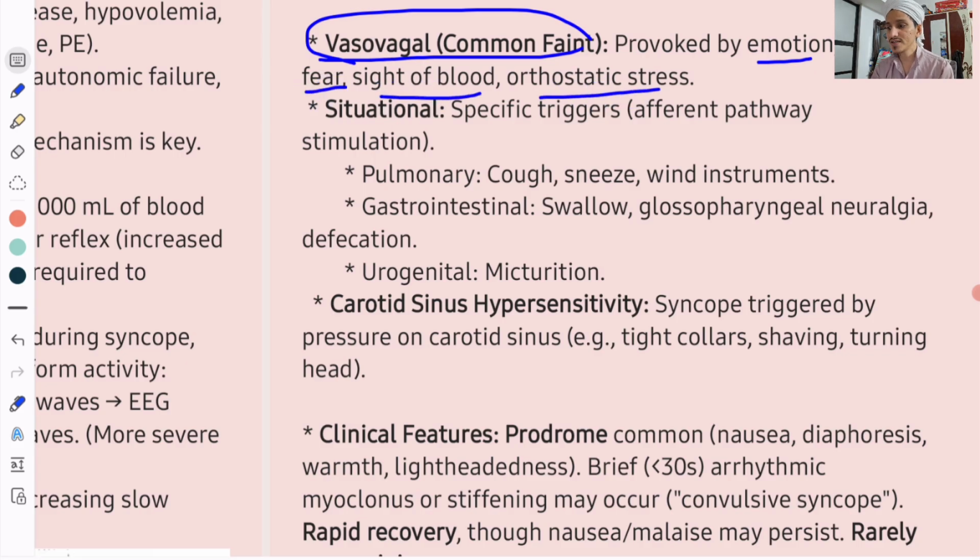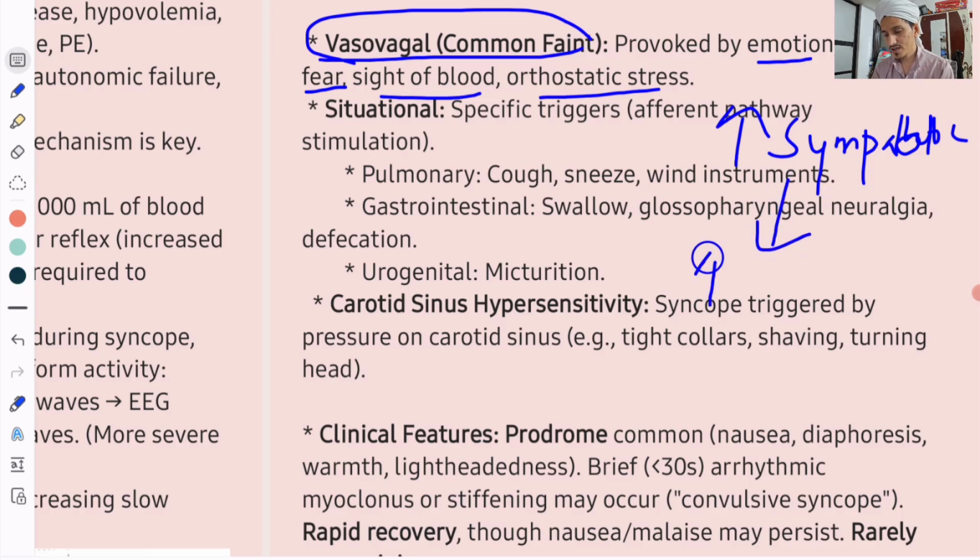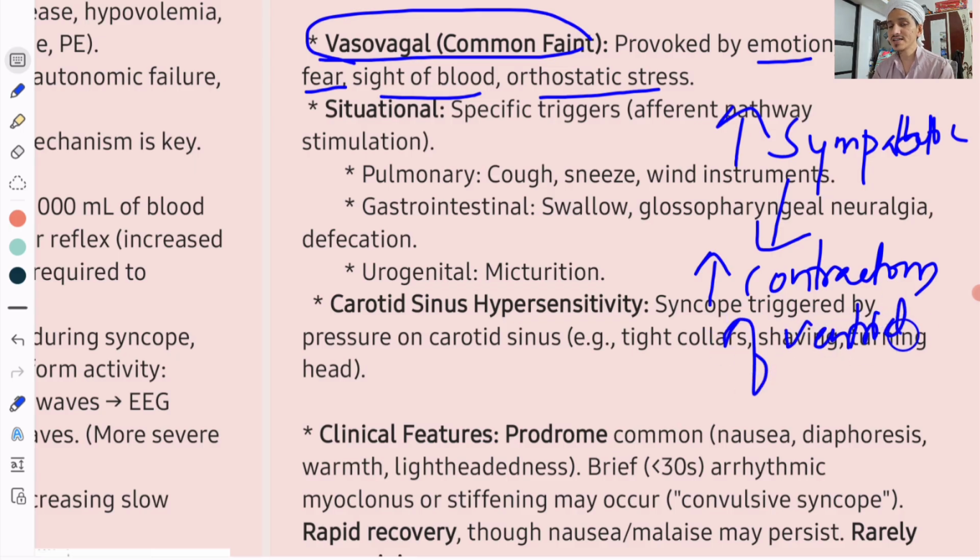What will happen because of this? There is increased sympathetic activity. These are nothing but the fight or flight, or fear response. So in these conditions there is very much increased sympathetic activity. So what will happen is, there is increased contraction of the ventricles to raise the BP. Okay, contraction of the ventricles. But what will happen? The contraction is there, but there is no blood. So there is contraction against less blood in the heart. So when there is excessive contraction of the ventricles,